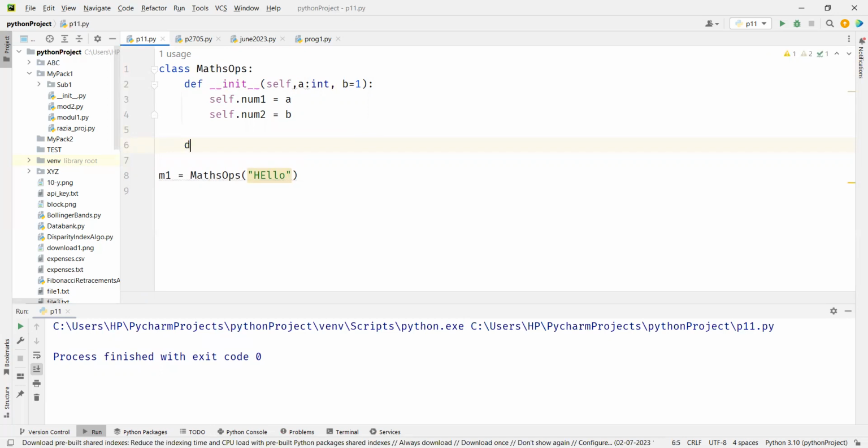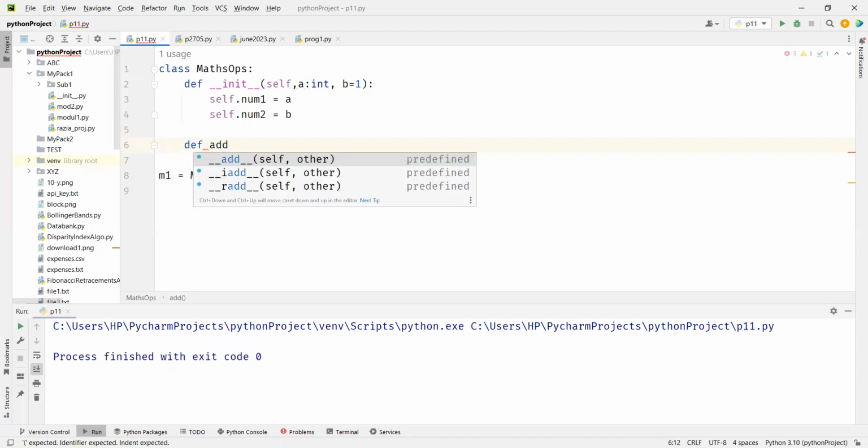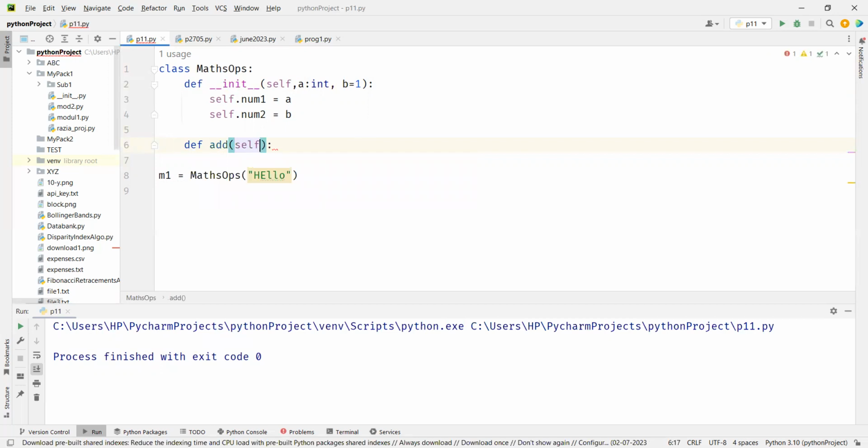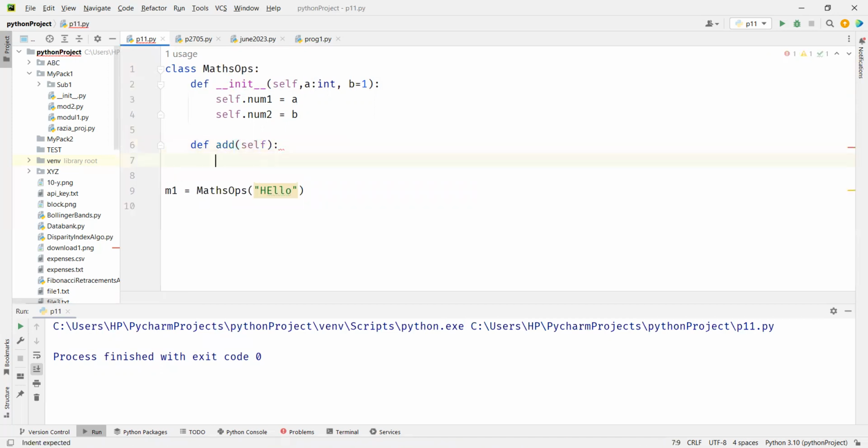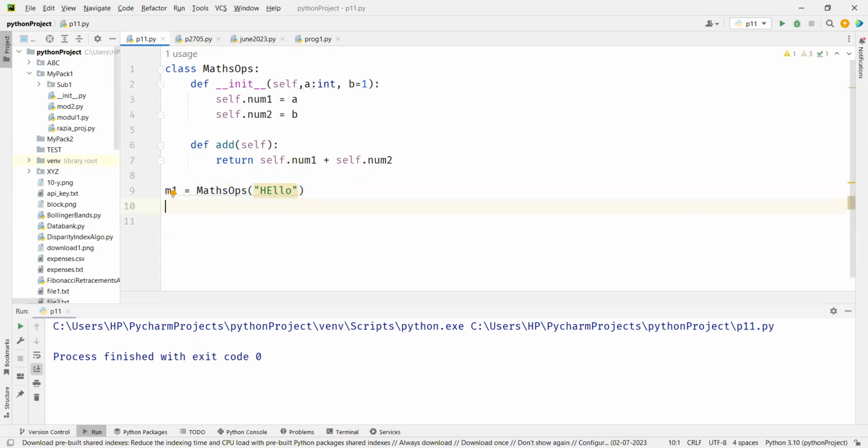So def add(self), and add is return self.num1 + self.num2. Now here if I say m1.add and print it,